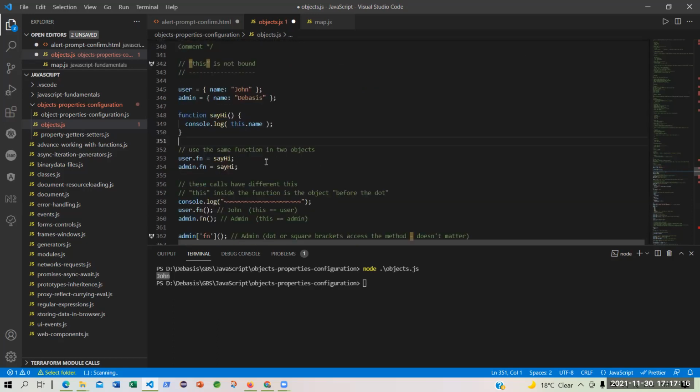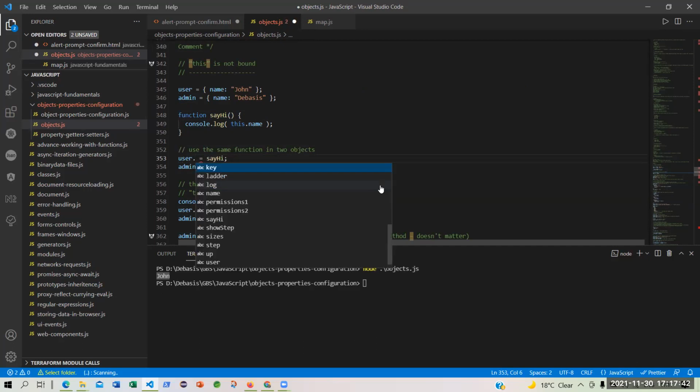What you are doing, you are assigning the function, sayHi is the function, to the user and specifying that this is some sort of a property, which is a function property. It is not that you have any specific word called fn to specify it's a function. You can give it any name.